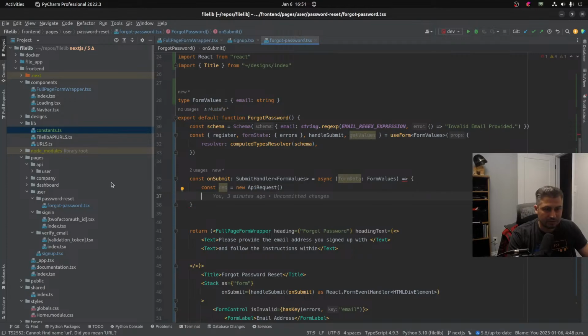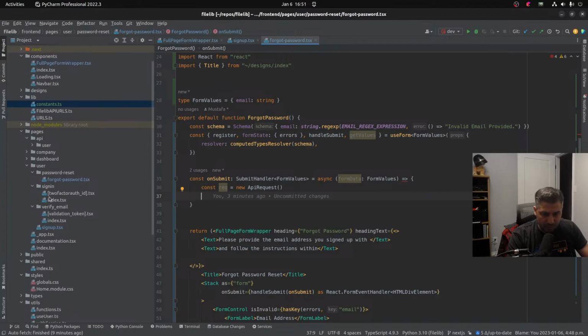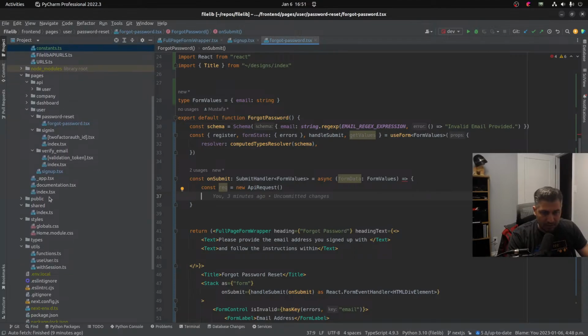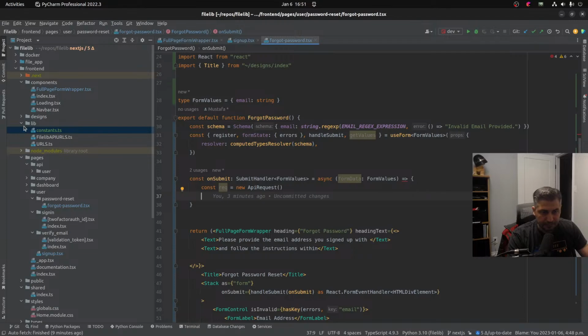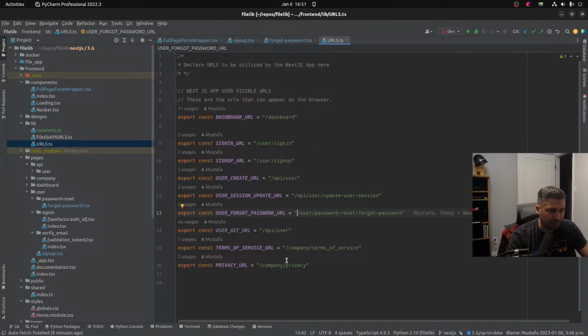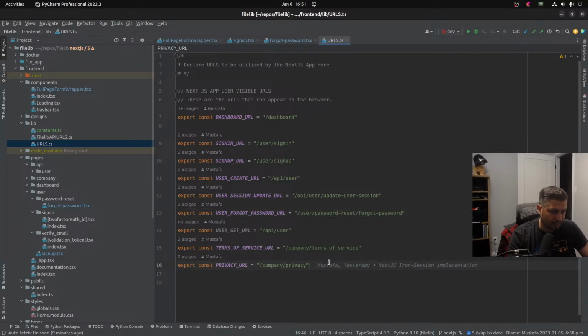So first, let's go to our shared URLs thing, where we store our URLs, and then create a new one, lib URLs. There we go. Should I hit file API URLs.ts? No. Okay. We'll do URLs. And then sign in URL, sign up URL. And then we're going to say